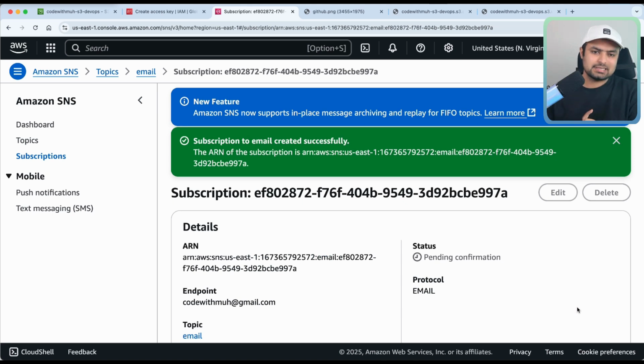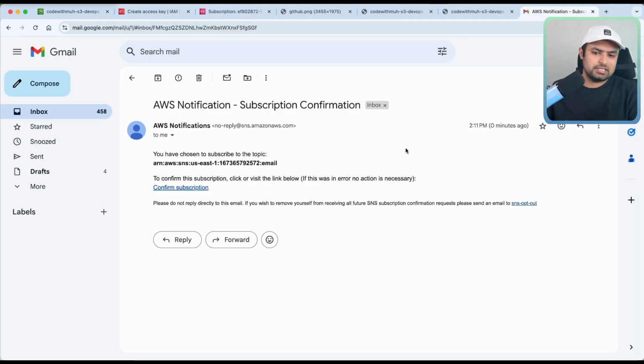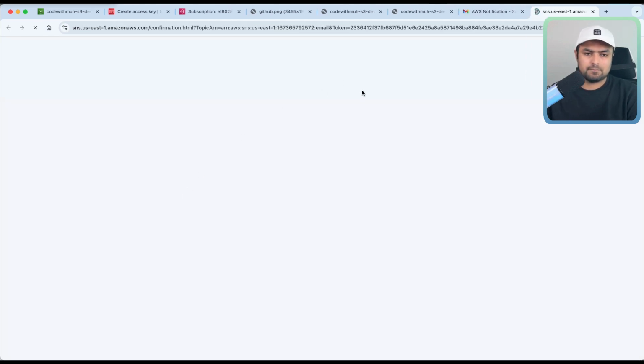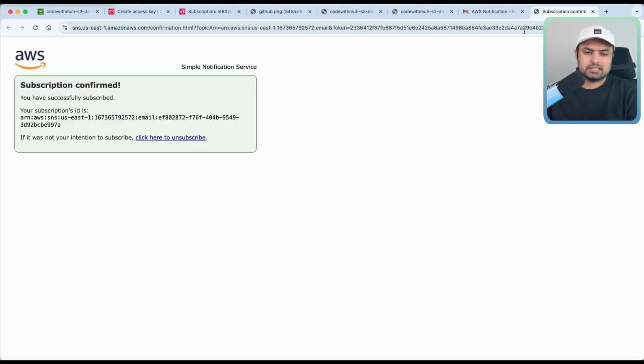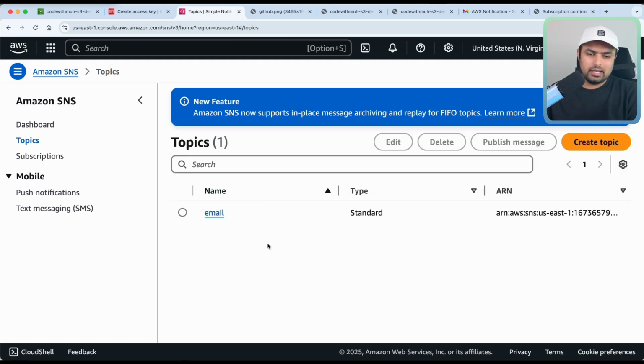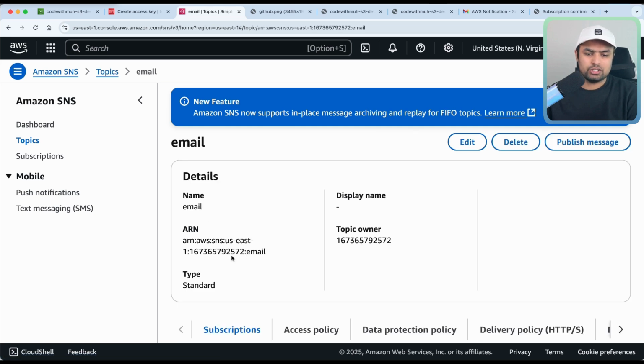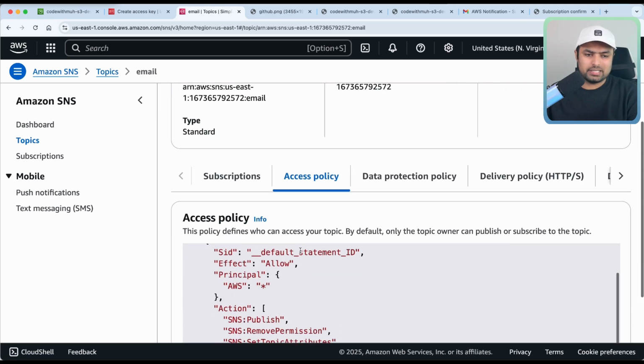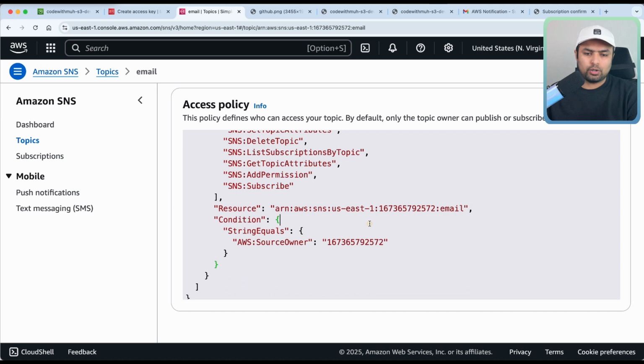When this subscription is created, you will get a notification from AWS. If I show you, here you can see I have received this notification. I will confirm the subscription to receive the emails. Okay, the subscription is confirmed. Now I will go back to my topic, and one more thing we have to configure is to update the policy here. To update the policy, I'm just going to use a policy template that I have,